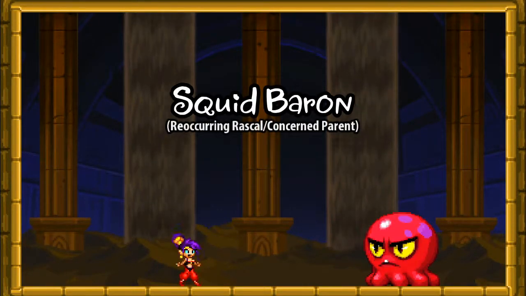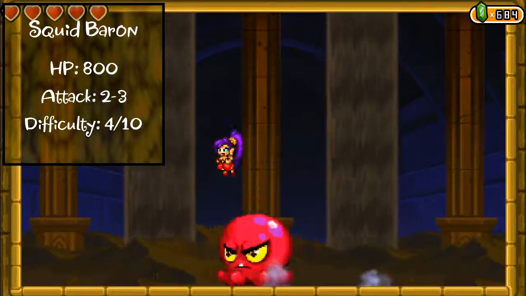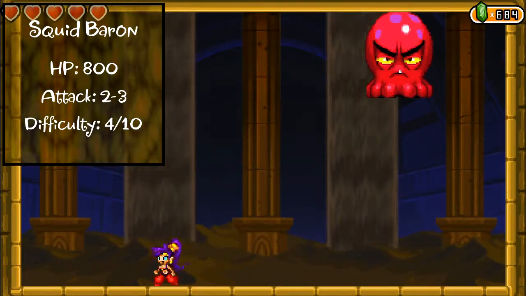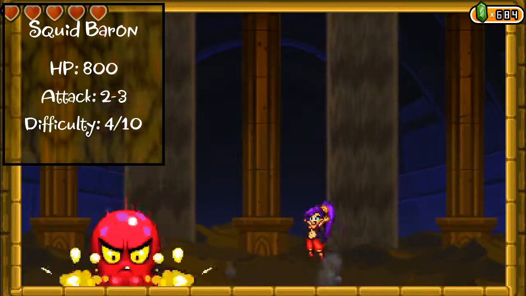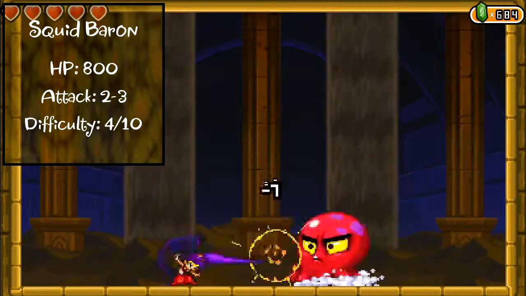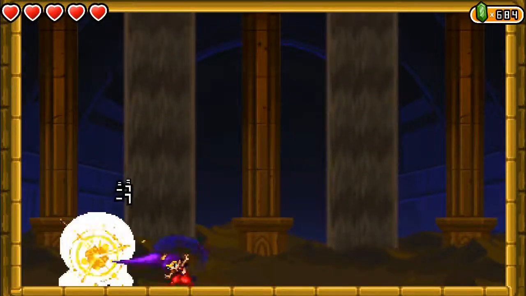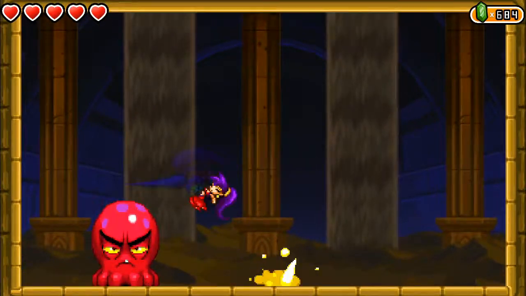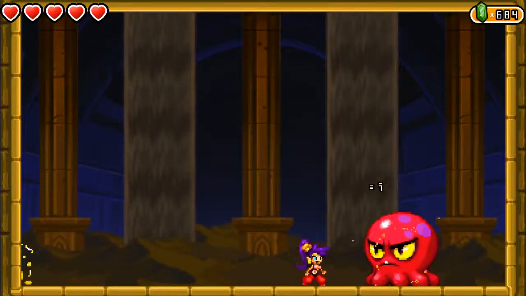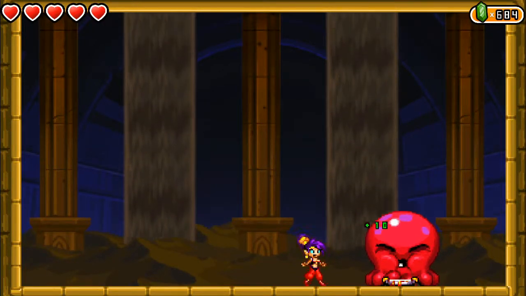Squid Baron, reoccurring rascal / concerned parent. However, in Pirate's Curse, there are no baby squids to accompany him in this battle. It is just him. And believe me, he does not need to have any baby squids with him whatsoever. He is a lot stronger now. And if you are not properly prepared, he can be super annoying, because he can heal himself for 50 health